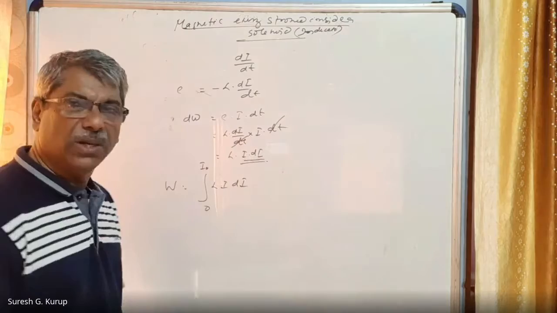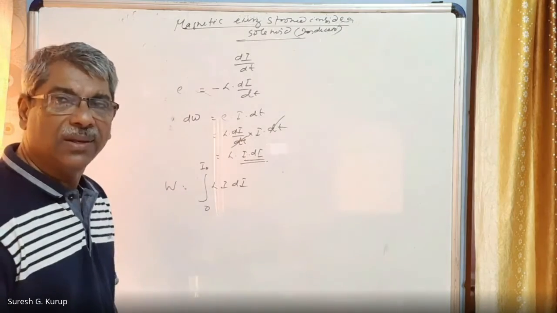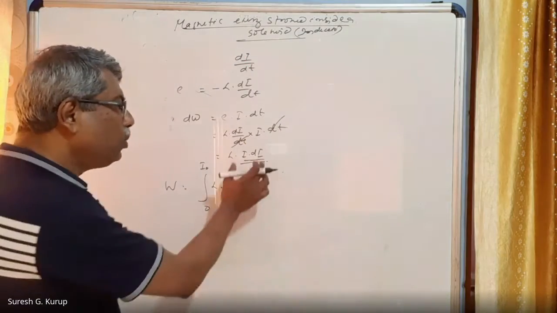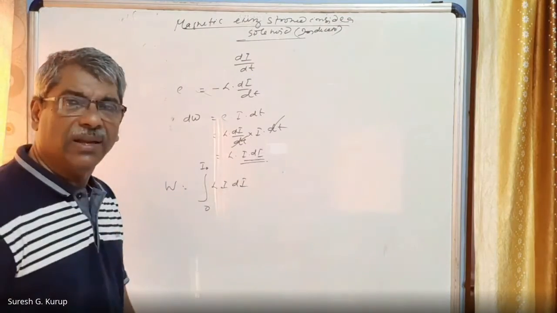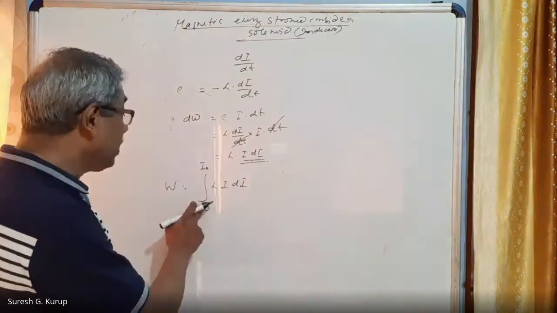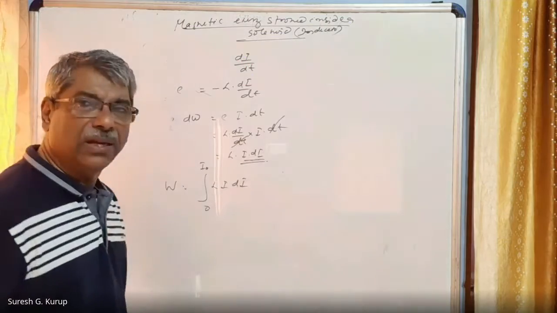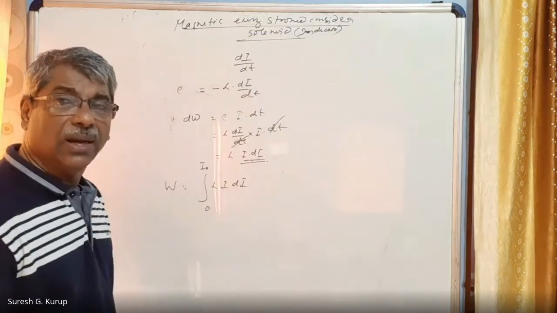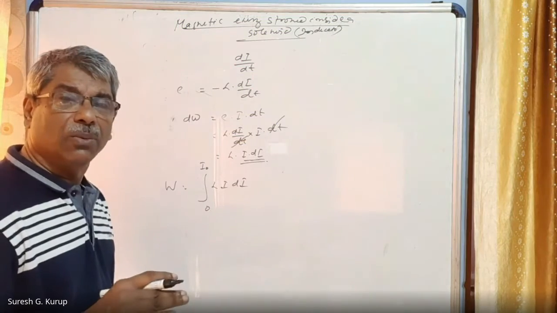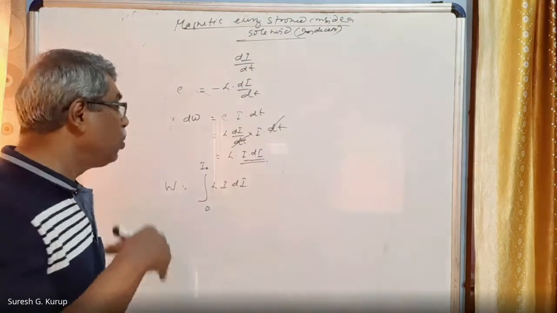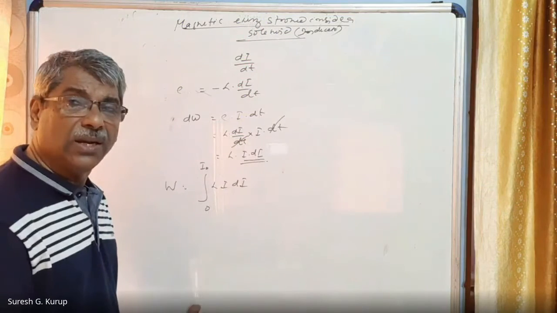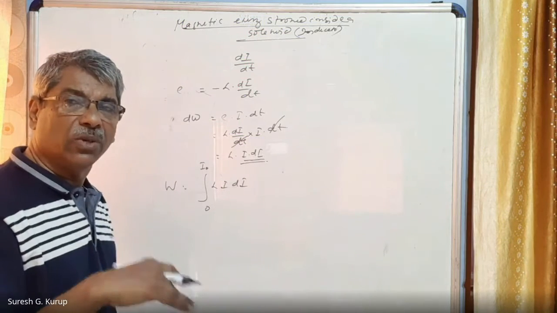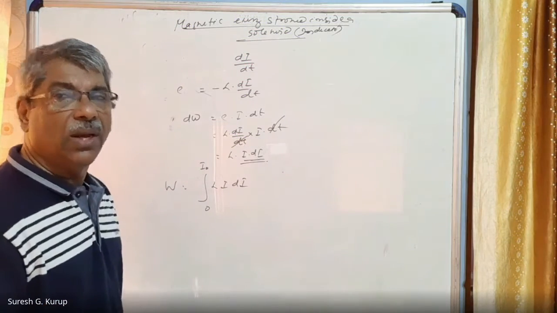We are getting the expression in terms of I only, right? For a small amount of current dI, the final expression is in terms of I only. So for a current ranging between 0 to I0, that means the current is increased through the circuit from 0 to I0, the total work done